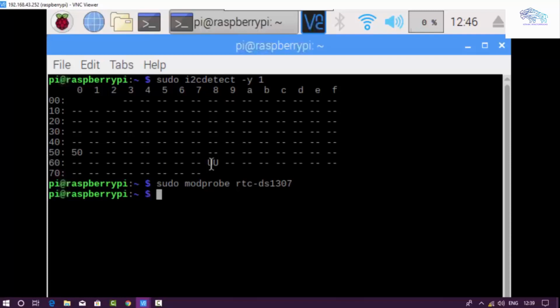And after running this command, you have to run this command, and we have to add this line in our file.